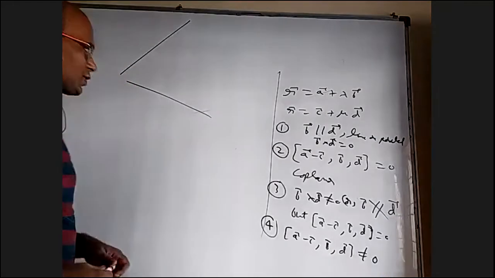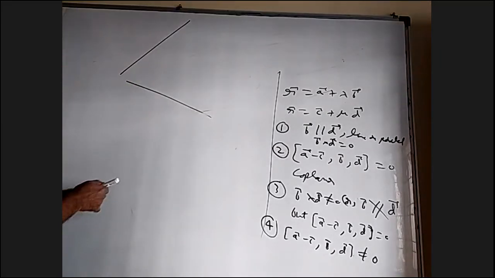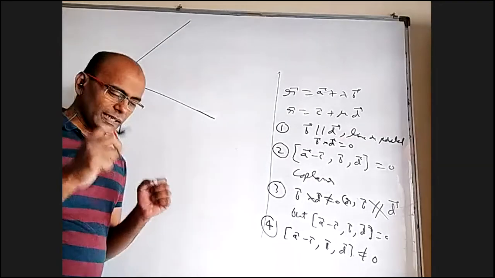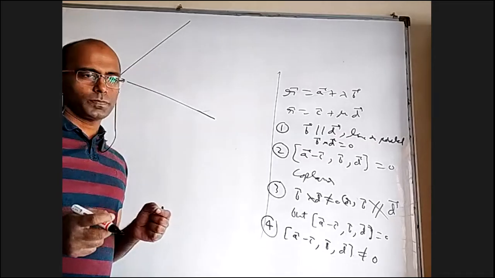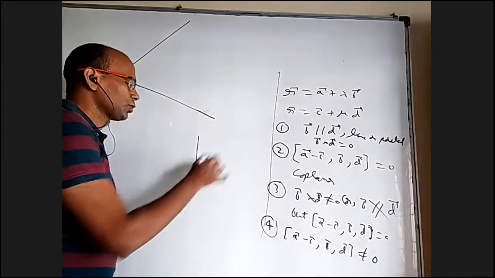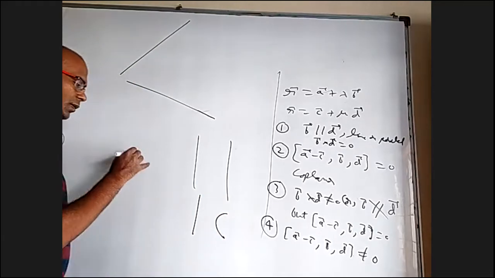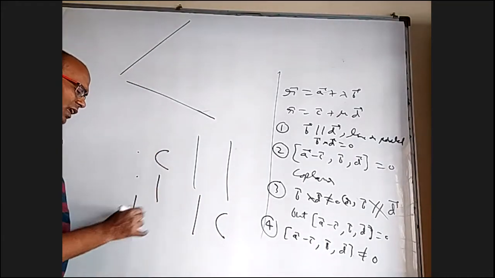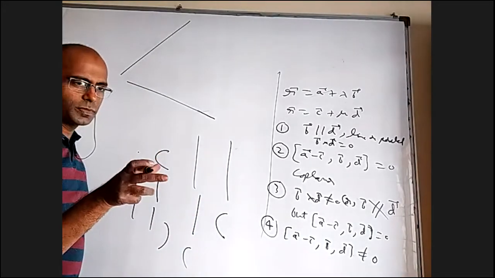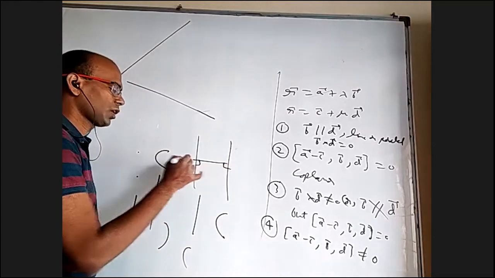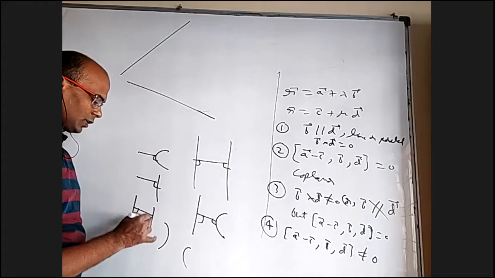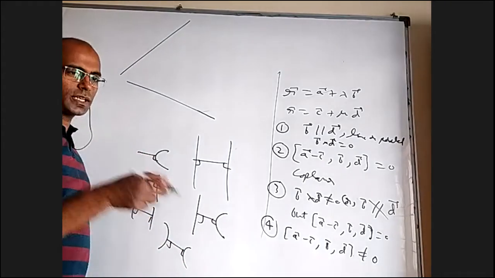Let us try our best to give the best possible experience. So what I'm saying is the shortest distance between any two curves. If P is a variable point on one curve and Q is a variable point on another curve, they may be two lines, line and curve, point and curve, point and line, or two curves, doesn't matter. If I take a variable point here and find the distance between them, that distance will be least when it is normal to both. Here also when it is normal. That shortest line should be perpendicular to both of them.